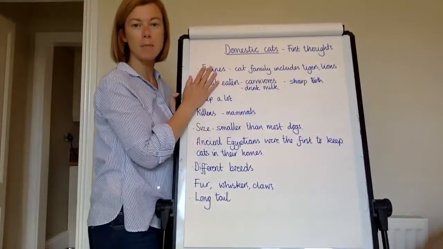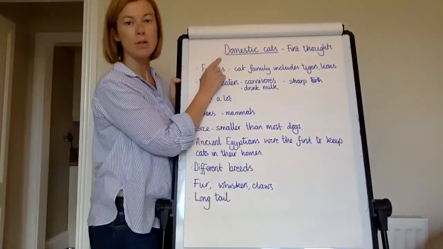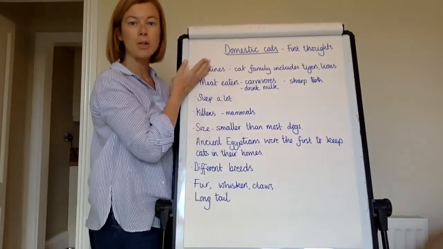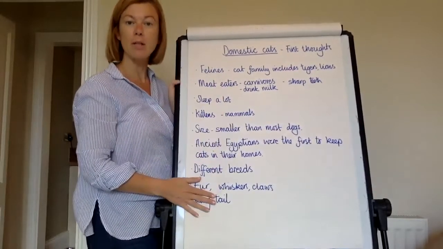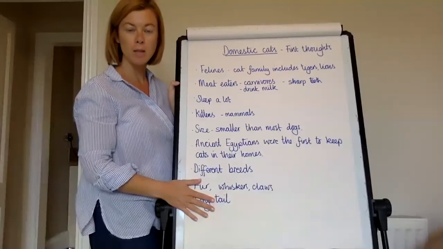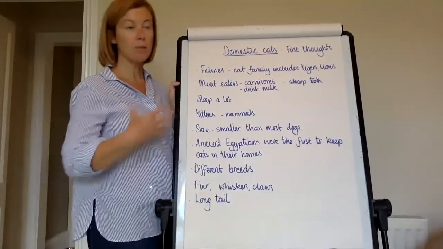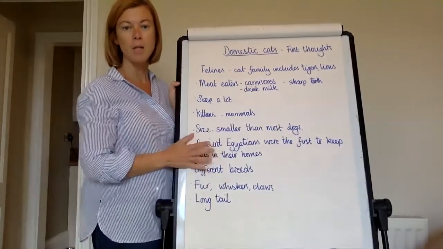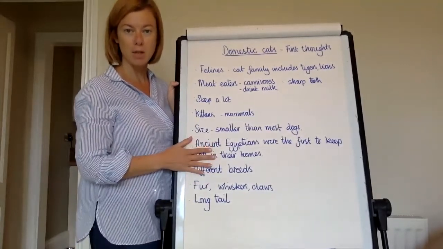Now you're going to be writing about hedgehogs, so I suggest at the top of a sheet of paper you write the heading hedgehogs, and you're going to start off by writing down everything that you think you know already about hedgehogs. So think about what they look like. Perhaps you've seen one, you might have heard something about them at school or watched a TV programme about them. Write down anything that you can remember initially.